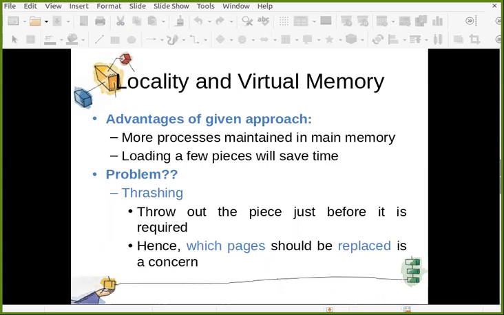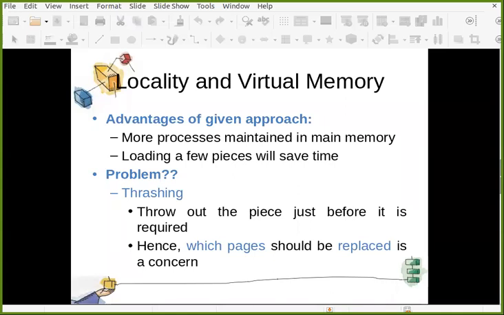You need to swap out that part and bring new portion of some other process. So basically that is swap in and swap out. Now whichever portion of whichever process you just swapped out, you just put it back into the secondary memory so that you can have free main memory and you can load something else.